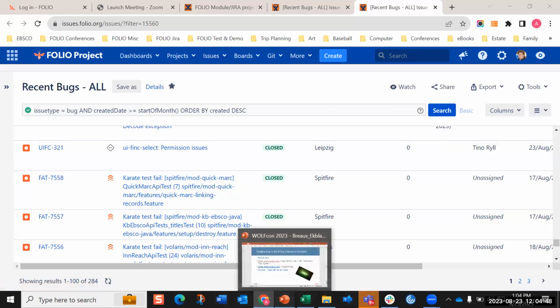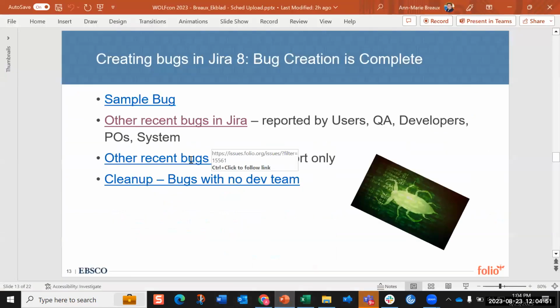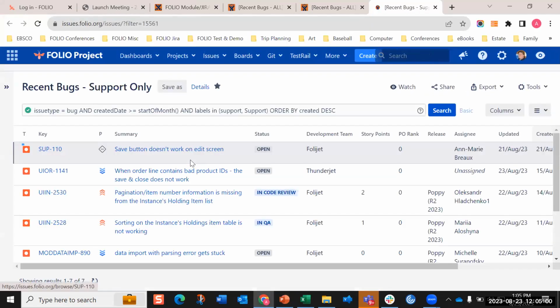If you look at the ones that were reported by users, which have the support label, of those 284, there are 7 that were reported by users, at least that have the support label, which means that all the rest, or most of the rest, are showing up because product owners, developers, QA people are finding them. So super important that you report them, and super important that you get them to the